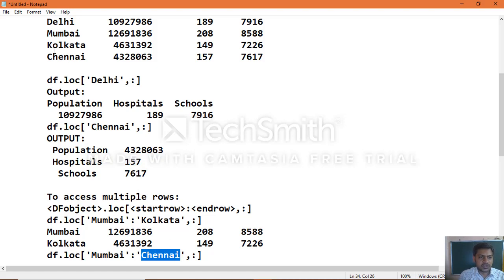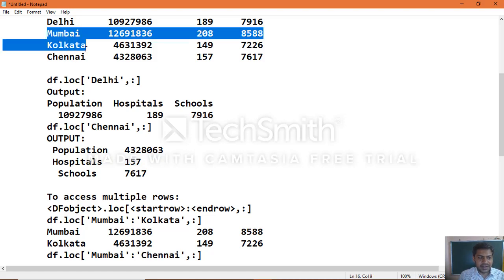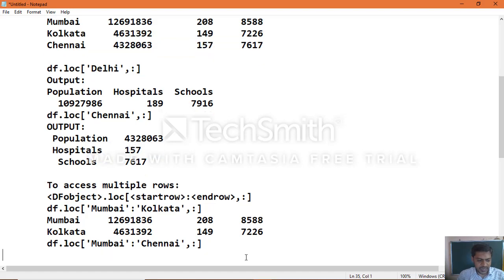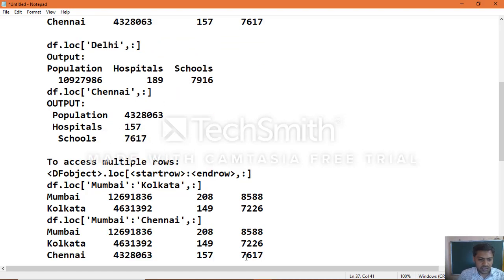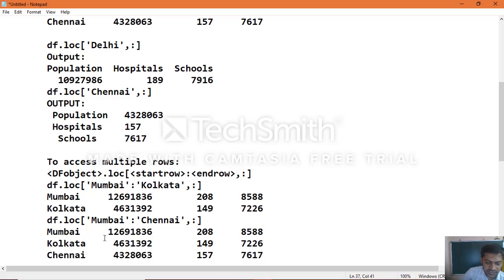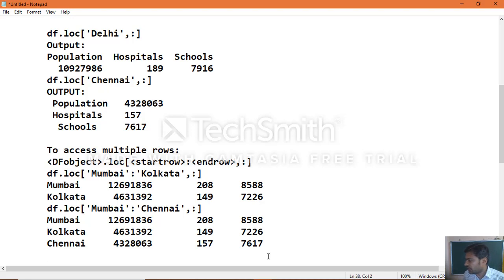So Mumbai, Calcutta and Chennai, this complete information you will get as an output. When you execute, you will get the population, hospitals and schools information of Mumbai, Calcutta and Chennai cities. So that is another way you can access multiple rows.